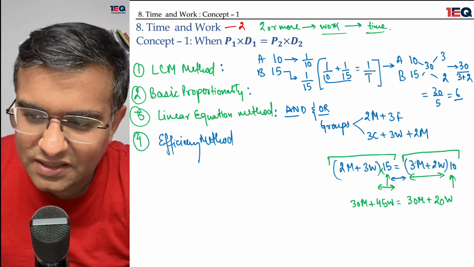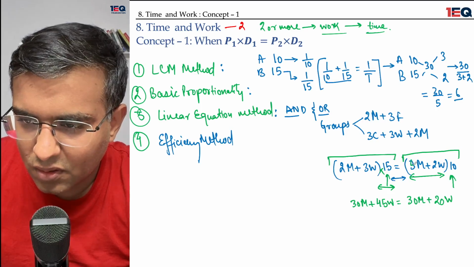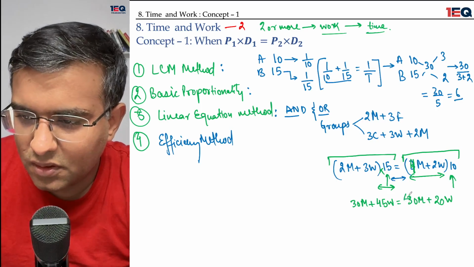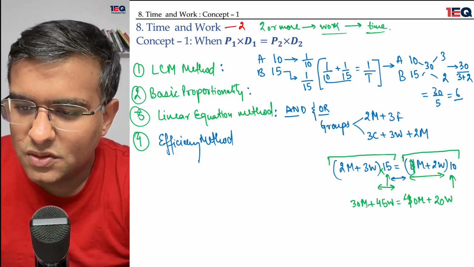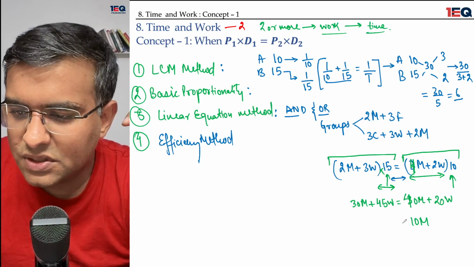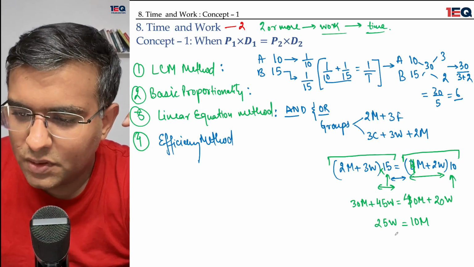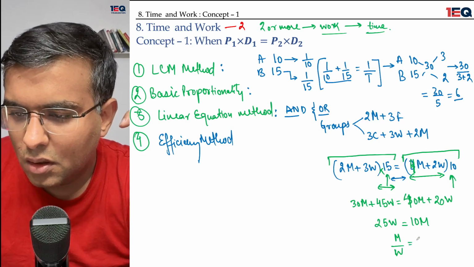Okay, so this is 3. Let me call it 4. Okay, 4 men. Let me call it 4. So I have 40 men over here and 20 women over here. So the 30 goes here. This creates 10 men. And 20 goes here. This creates 25 women. So men upon women comes out to be,